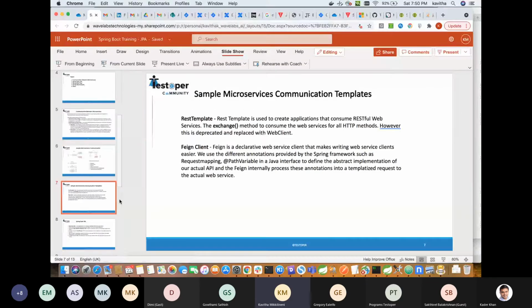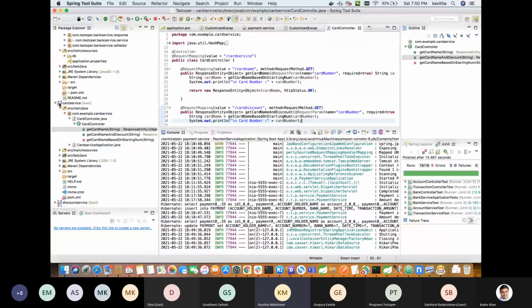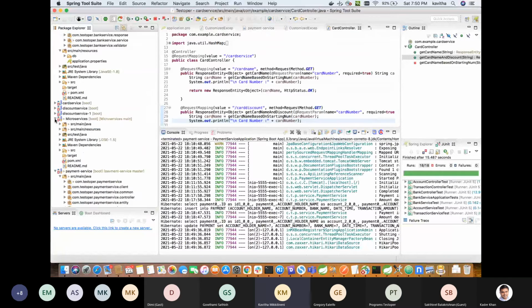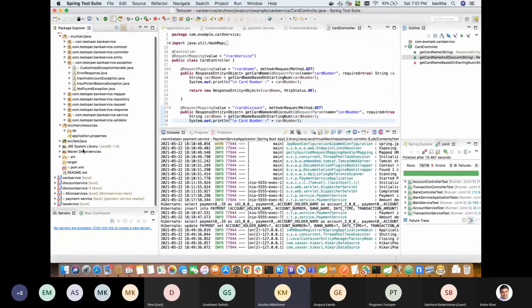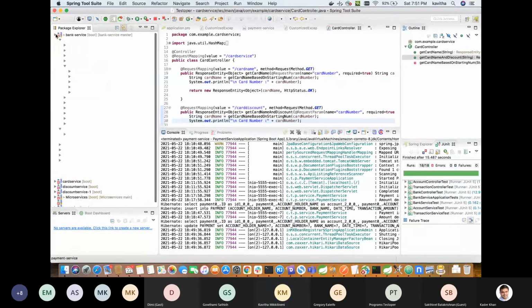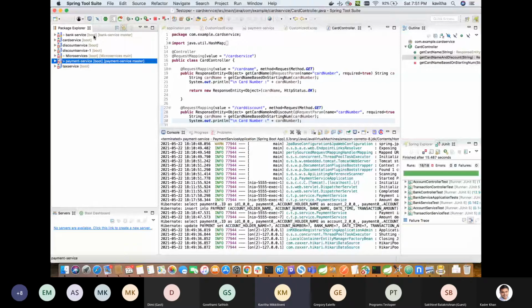So before we go into JPA, I'll show you one example. I pinged two services, the payment service and the bank service. These are the two examples we are going to see. I have put these two GitHub links in the Teams channel. You can pull the code from there. These two use cases, we will be going through in all the examples today. So I'll just brief you on what the use case is about.